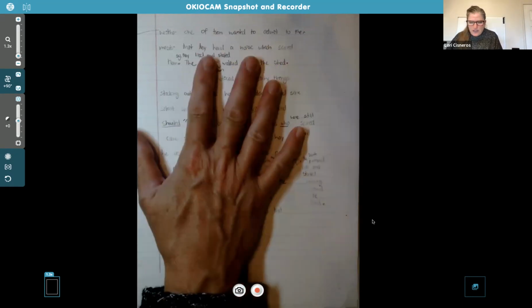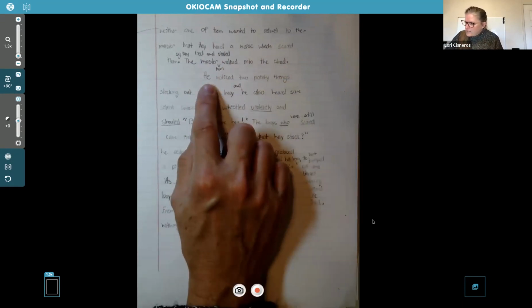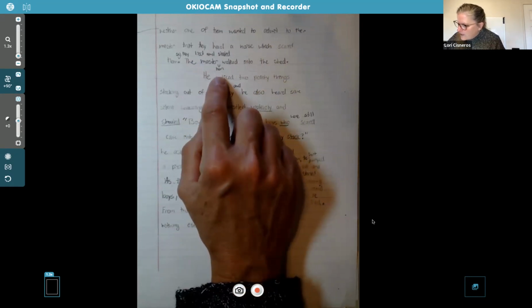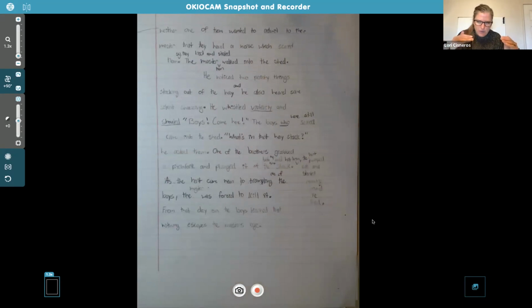Okay, so that is the problem now, is that the heart is hiding in the hay. And so far, nobody has discovered that it's in there. And then we start resolving that problem. And so here we go to the next paragraph. Oh, and you added here, the master then walked into the shed. And I like how she kind of led into the next part of the story, which is the climax and